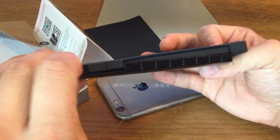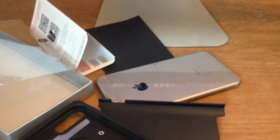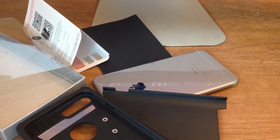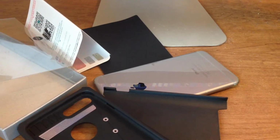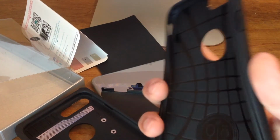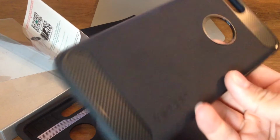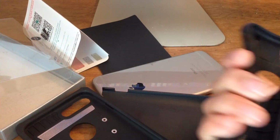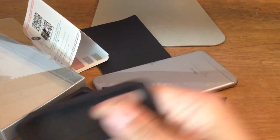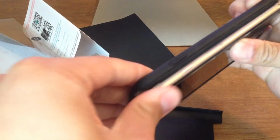And considering that $16 is what I paid for this, is what I also paid for this Spigen case, which is literally just some TPU type material with their air bubble protection on the side. And it's literally just a one-piece case, just like that, you know. And again, we can try it out. And I'm sure it'll fit nice. Spigen stuff, you know, they don't mess around, but